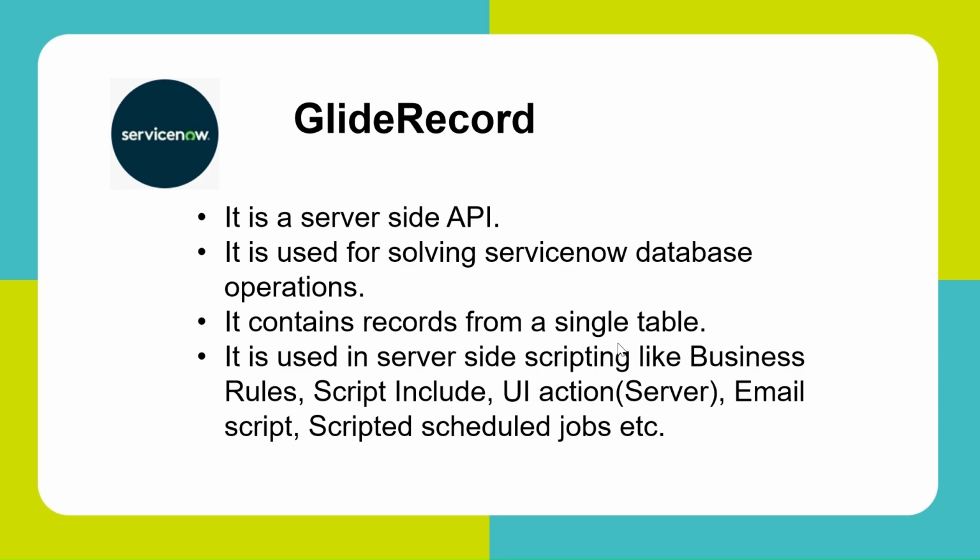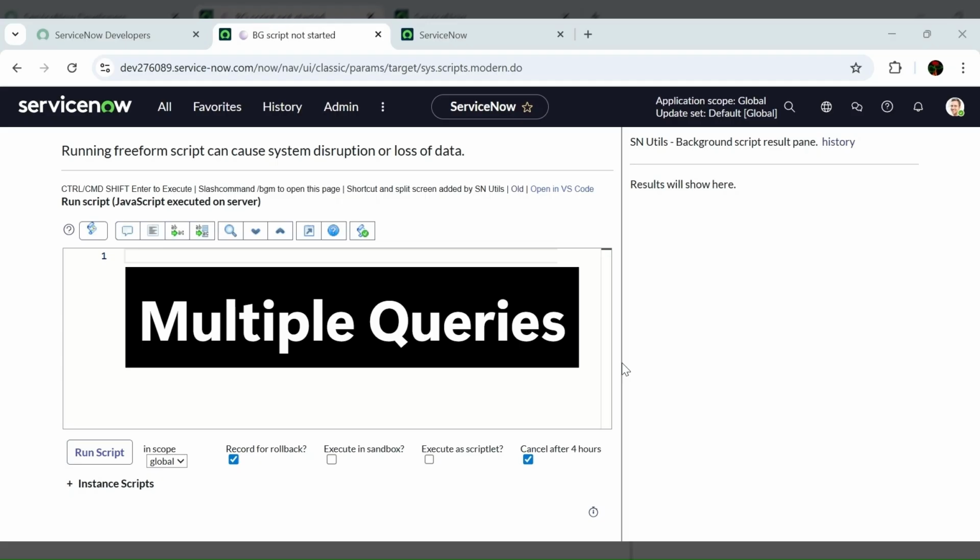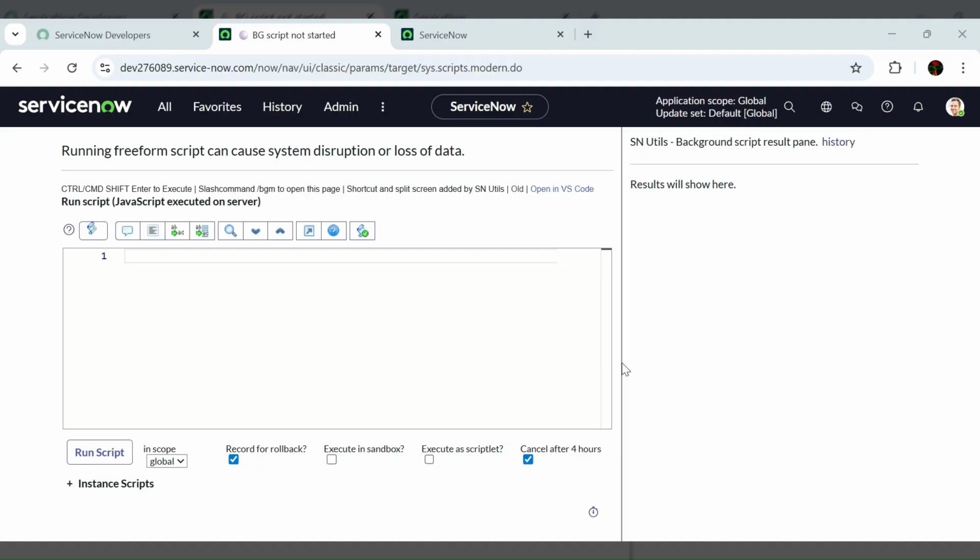In this video, we will explore essential GlideRecord methods in ServiceNow with clear examples to help you understand them easily. In this example, we are learning how to use multiple addQuery conditions in GlideRecord to filter records from the incident table. So first, we'll create the GlideRecord object